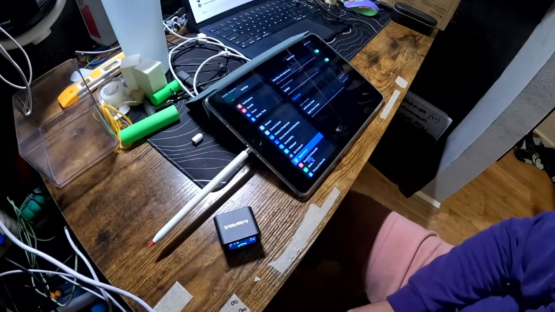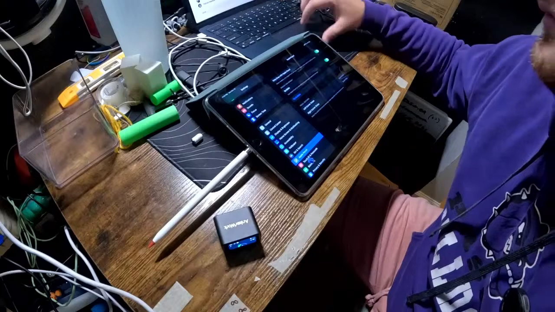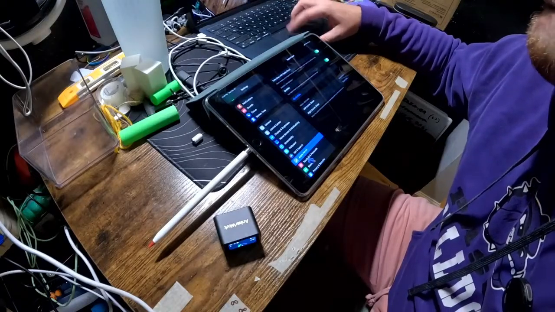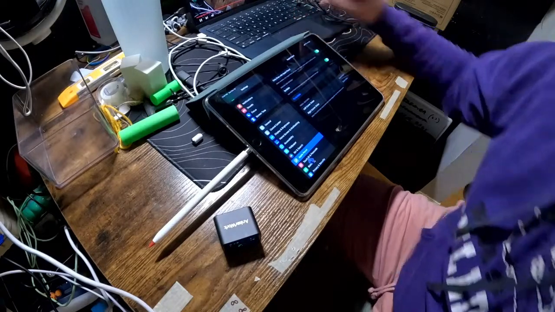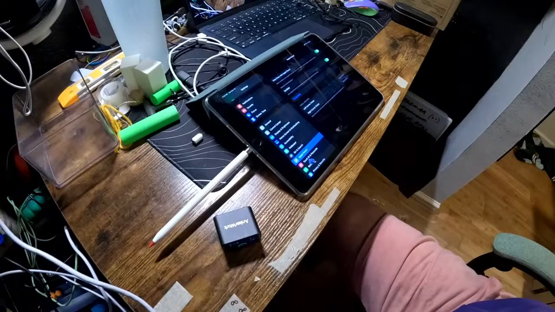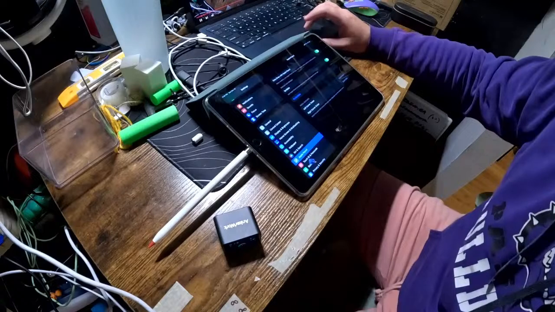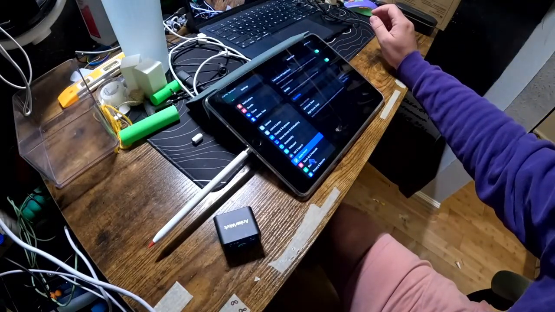Okay, so can you hear me there? Is that better? Might not be. Oh, unless my audio input is literally just working from the computer. Okay, oh my gosh. Can you hear me there?